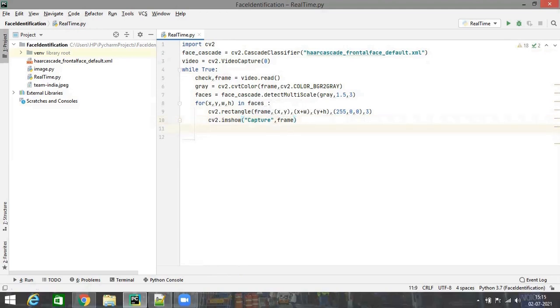Next, we want to make sure that whenever we are capturing a video from the webcam, we refresh it every subsequent second. For that, if you have seen the previous videos, in the waitKey method we mention a parameter that gives the value in milliseconds. After that particular interval, the video frame will be refreshed, so we have given 1 millisecond. In that time, this frame will be refreshed. Okay. And let's say now we want to close the window whenever the Q button on the keyboard is pressed. So for that, if key is equal to ord Q, we want to break.